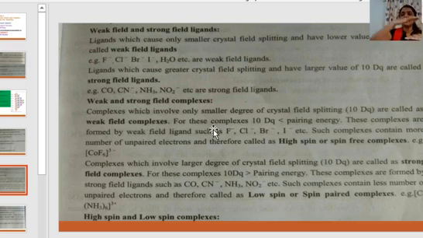Whenever the crystal field splitting is smaller, the complex is called a weak field complex. And in these weak field complexes, the 10 Dq, that is the splitting value, is smaller than the pairing energy, due to which